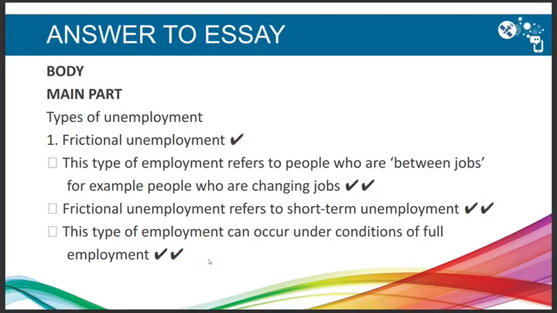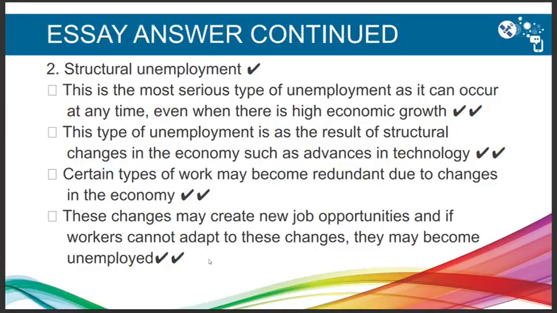Then your body, main part, the types of unemployment. See there, if you write frictional unemployment, you would be given a mark. This type of unemployment refers to people who are between jobs, for example, people who are changing jobs. Frictional unemployment refers to short-term unemployment. This type of unemployment can occur under conditions of full employment. Okay, so then structural unemployment, and as I said, you will do your discussion and you will find this answer or layout